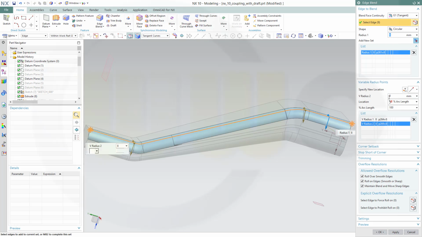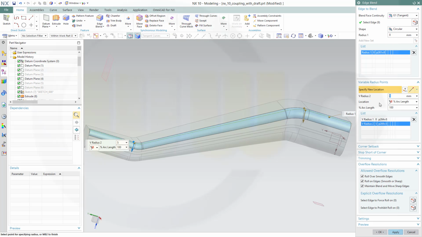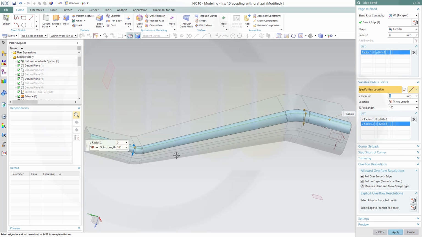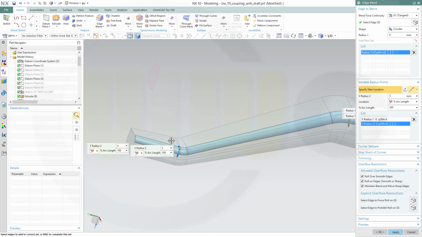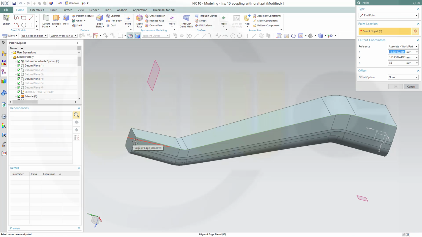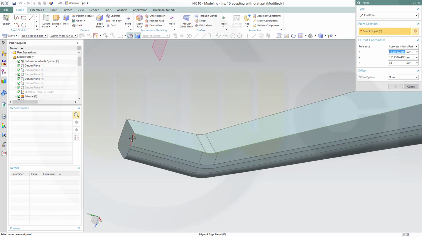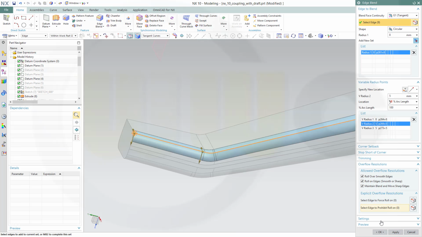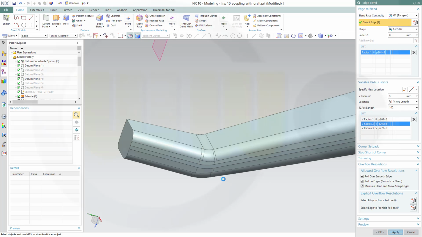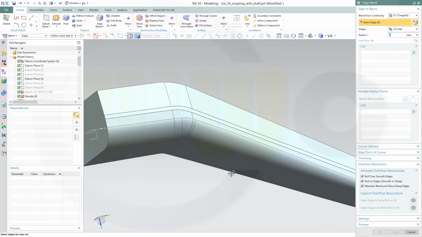No, not there, over there. 5, and just to make sure that endpoint on that edge should be 5 as well. Apply. The last one